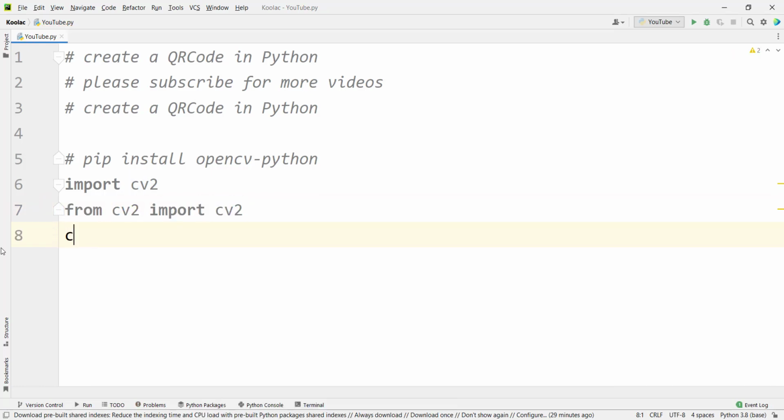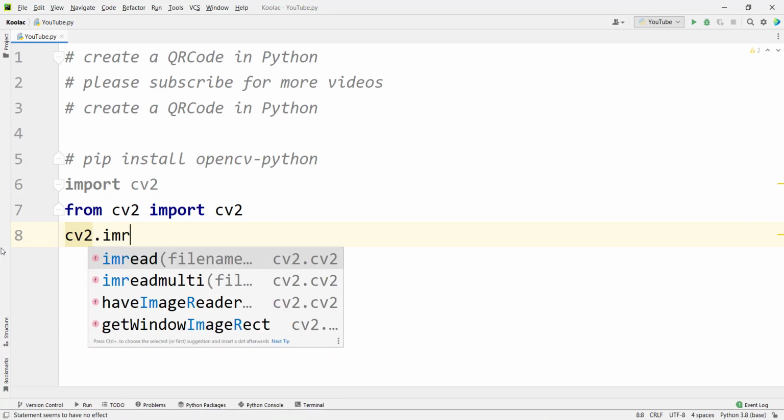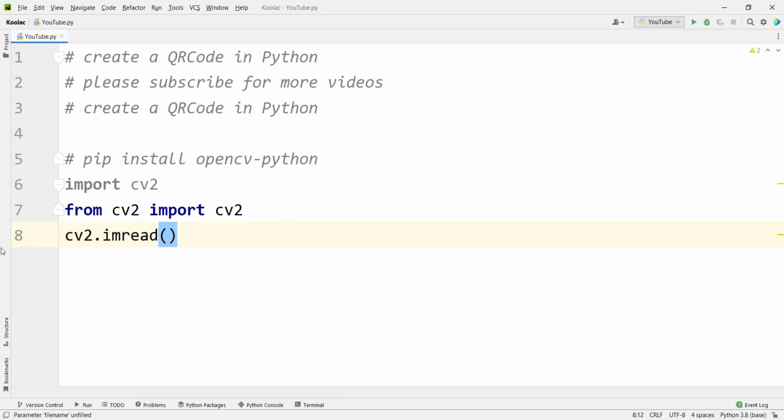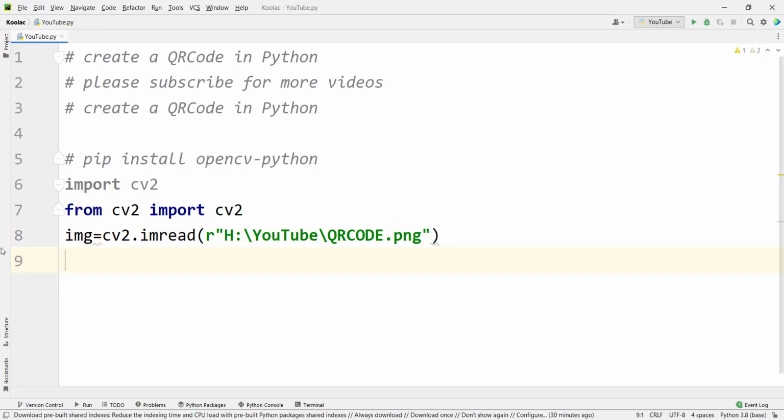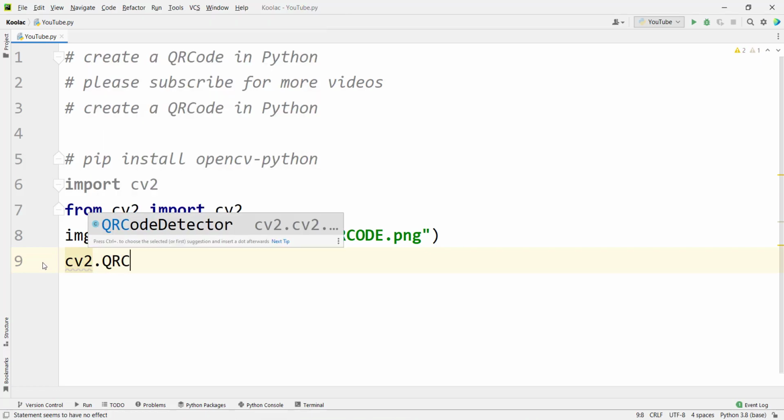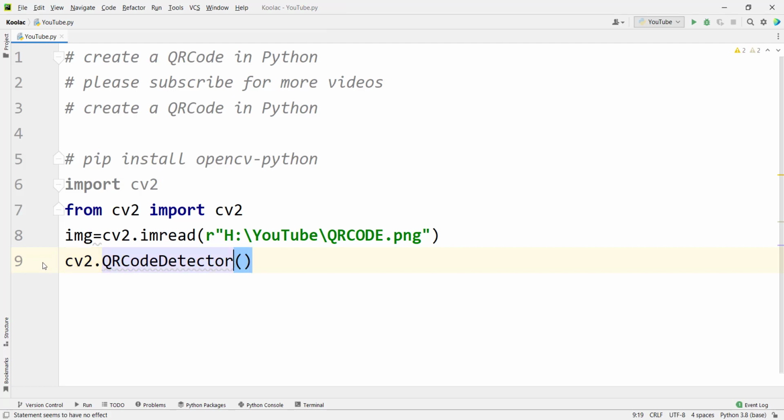Then we should read our image, so we simply type cv2.imread because we want to read the image, and this is the path of our image, and we are going to store the image in a variable, let's say called img. Then in order to decode the QR code, we simply use cv2.QRCodeDetector, and we create an object,